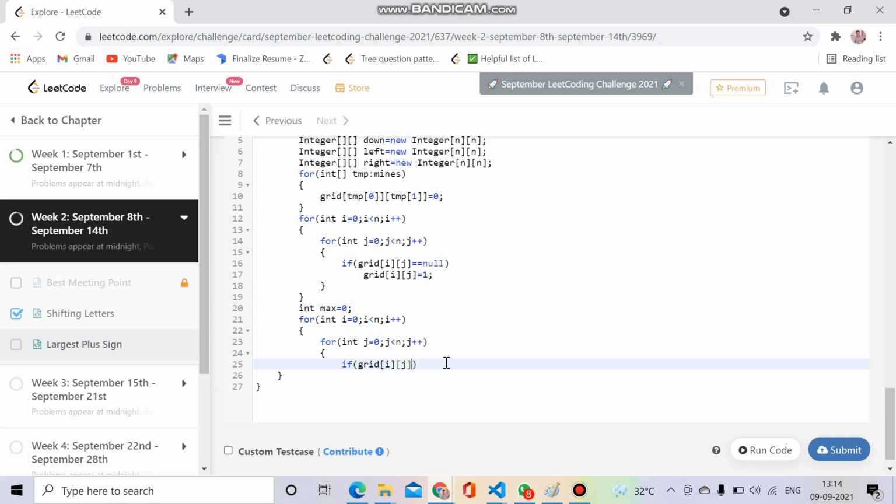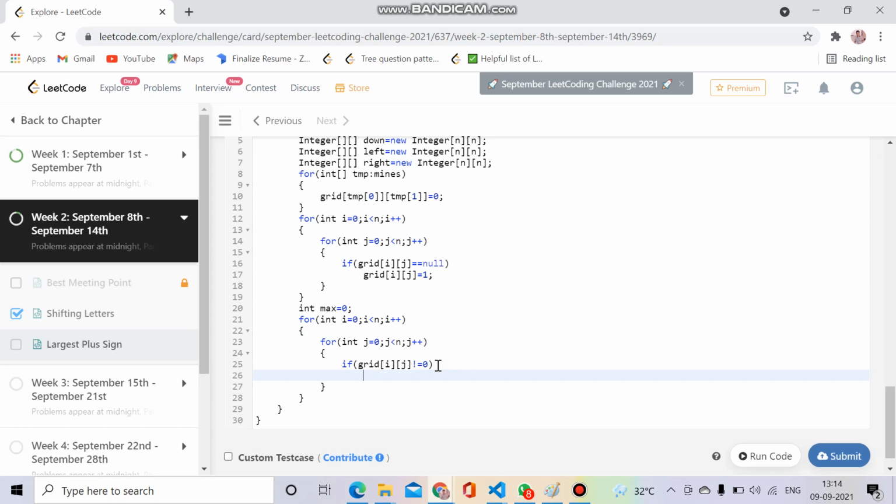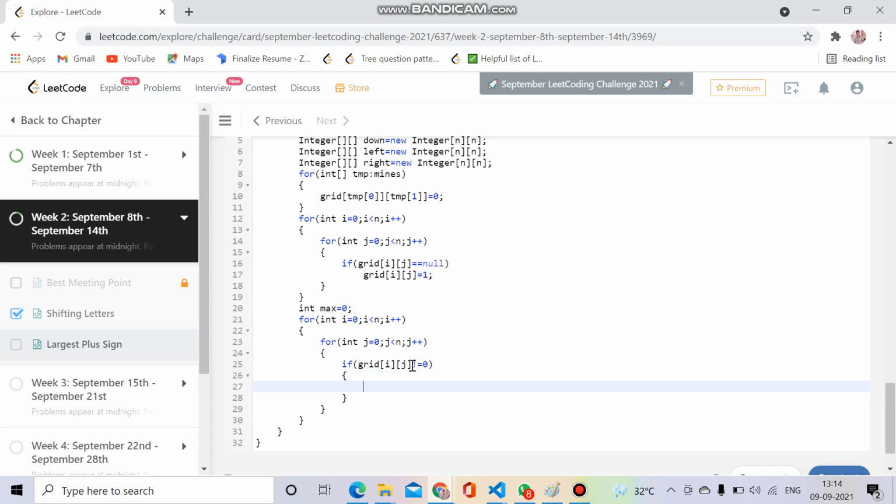If it is 0, it doesn't make sense to do anything. Let me fix my indentation. So if grid is not equal to 0, then I will try to calculate left, right, up and down, and we'll take the minimum.